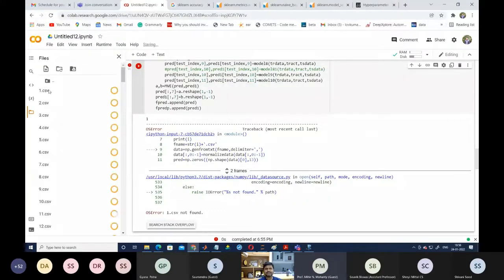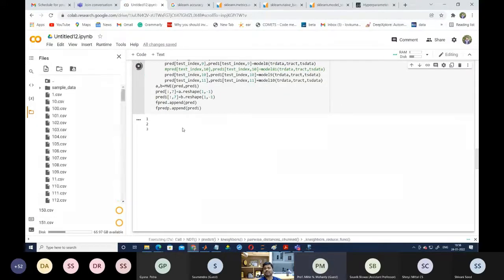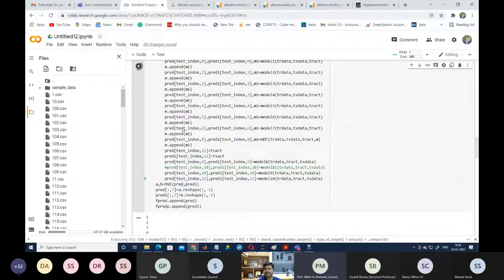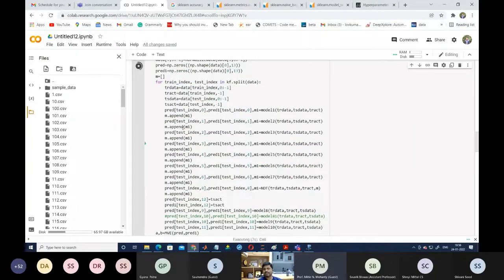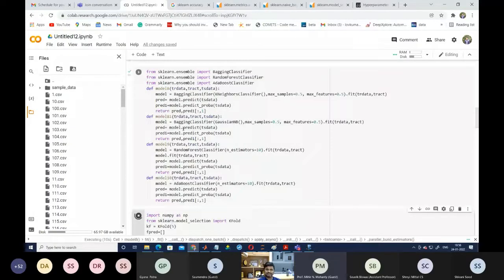So now you can see it is working. When you execute, it will work for all the cases. Now you can see it has started working. So here we are not installing any type of Anaconda in our system. Directly we are using the online tool, and it is working for all the cases. Clear? Yeah, tell me if you have any other question, please ask.